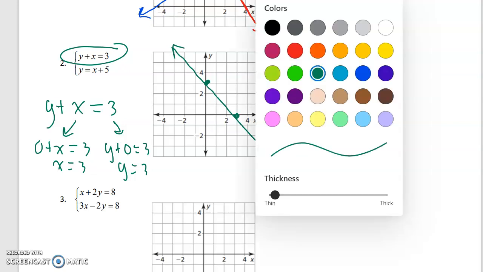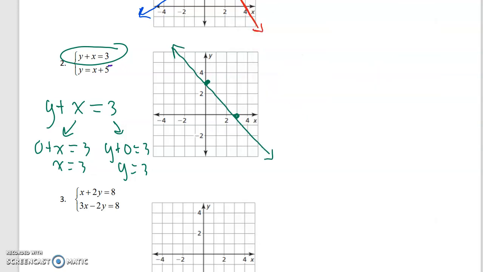The second line here is in slope-intercept form, where my y-intercept is 5 and my slope is 1. Remember, this coefficient here is 1. So I go up 1, right 1, up 1, right 1. And if I graph this,